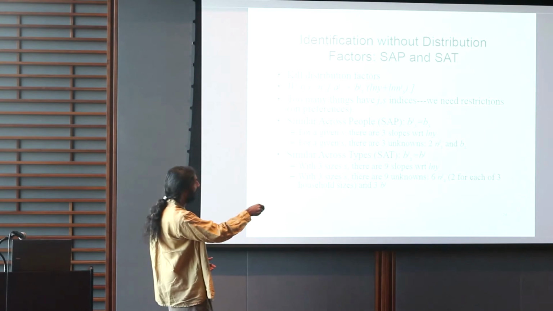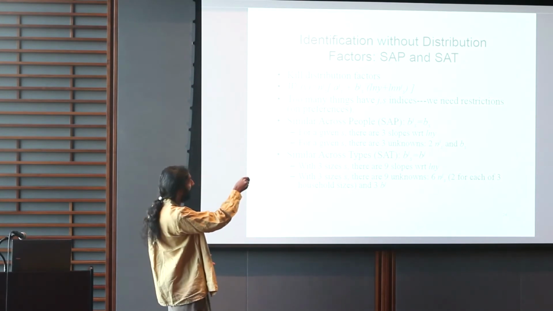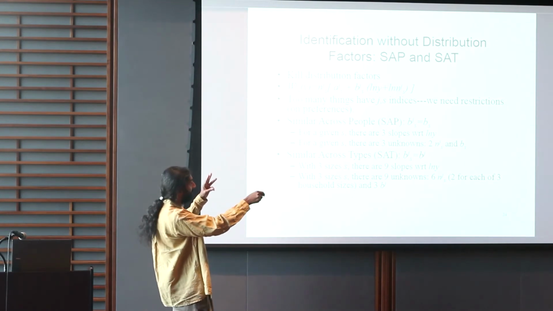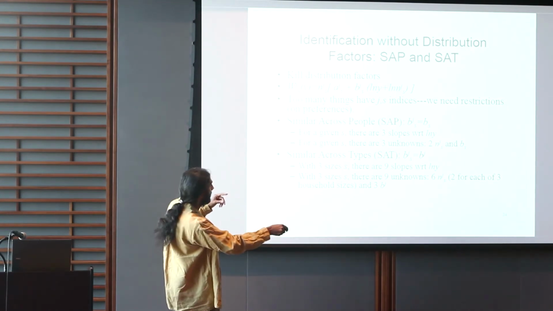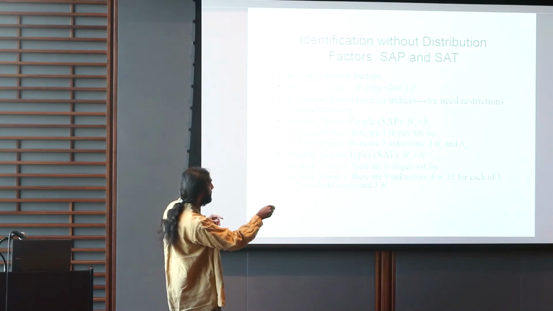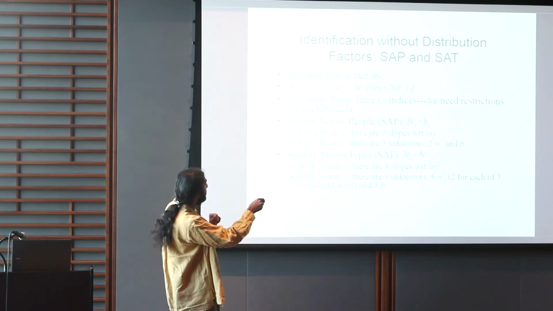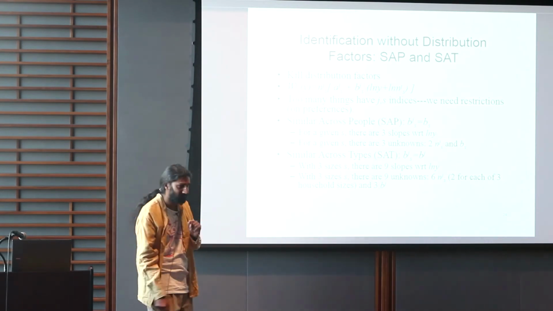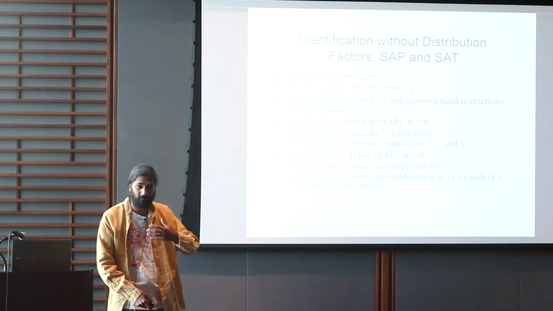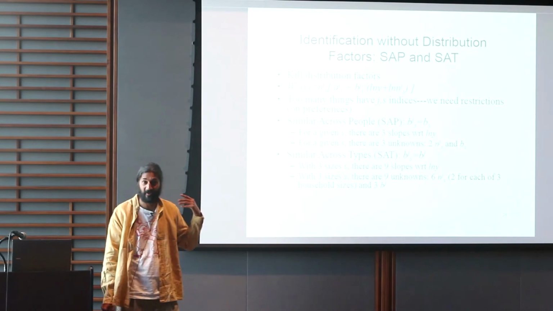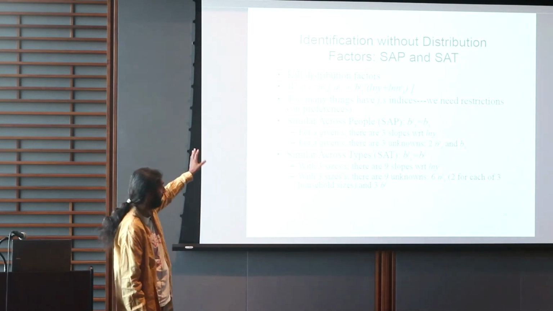OK, so now for a given S, there are 3 slopes that I can get from the data. The slope of the household Engel curve for men's clothing, women's clothing, and children's clothing. That's 3 slopes with respect to log y. And then there are 3 unknowns. One B, one common slope shared by all the people, and 2 of these resource shares. So this is a parametric example of how the semi-parametric identification works, and that's by imposing a similarity across the people.